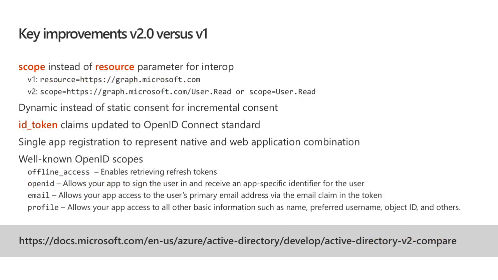So some of the key improvements from V1 to V2 for the authentication endpoint. In the V1 endpoint, we had to provide a resource parameter to identify which resource we were requesting an access token to. And unfortunately, open source libraries were not able to easily incorporate that into their requests. So now we use a scope parameter, which is supported by all libraries, to compound the resource and the permission